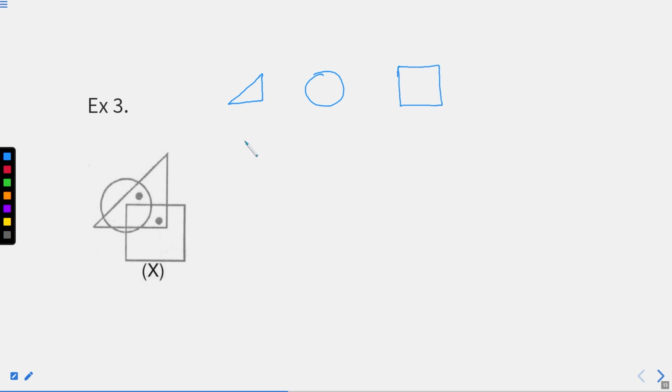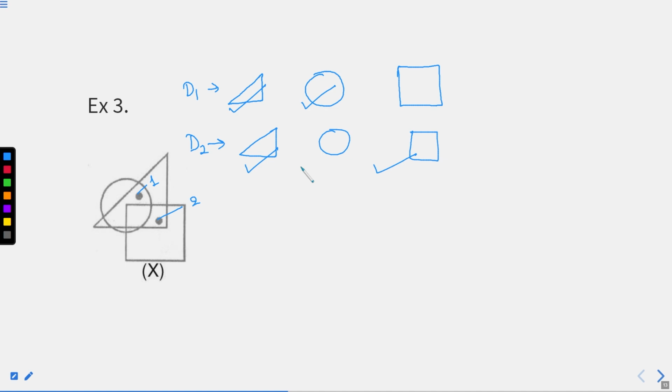Now, if I talk about dot number 1, let's say D1 is dot number 1 and D2 is dot number 2. And for D2 as well, we have to draw all these figures. Let's say this is dot number 1 and this is dot number 2. So dot number 1 is present in circle and triangle. Okay, dot number 1 is present in two figures. And dot number 2 is present in square as well as in triangle. Now we have two situations. Okay, let's just satisfy it.